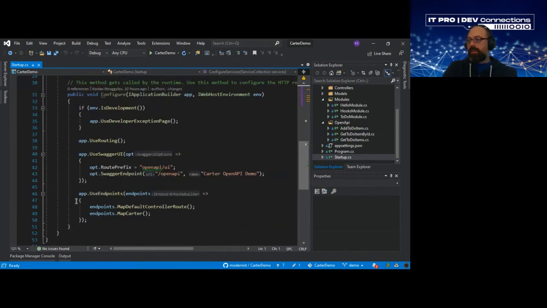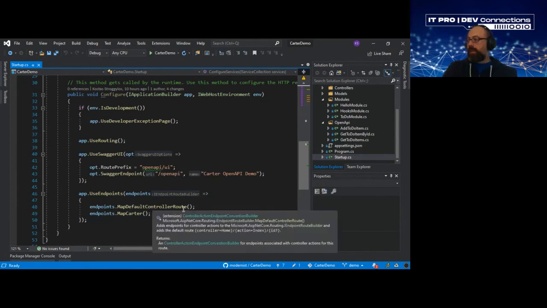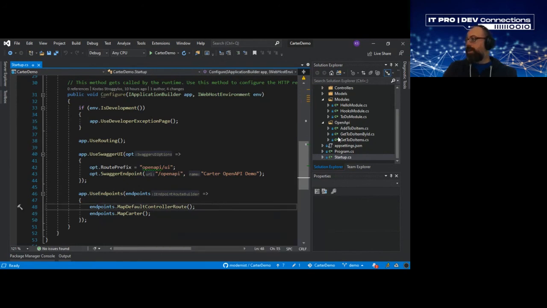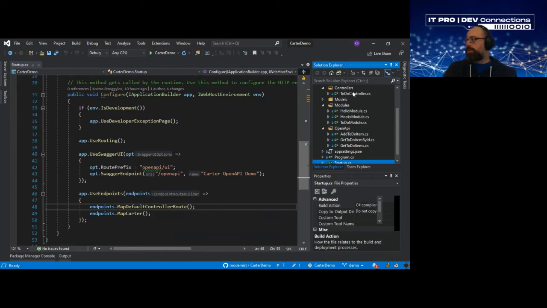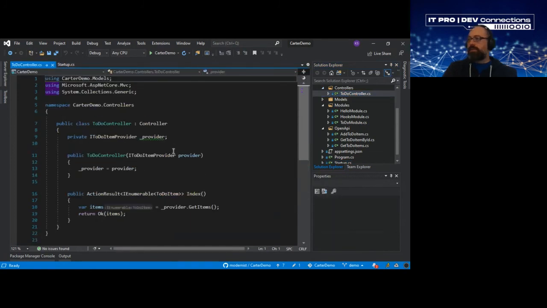And then in the use endpoints in my configure method, I would map the default controller route that allows me to use the convention-based routing for ASP.NET Core controllers. And then I can just add a new controller to my project and do the usual dependency injection and things like that, and just handle this